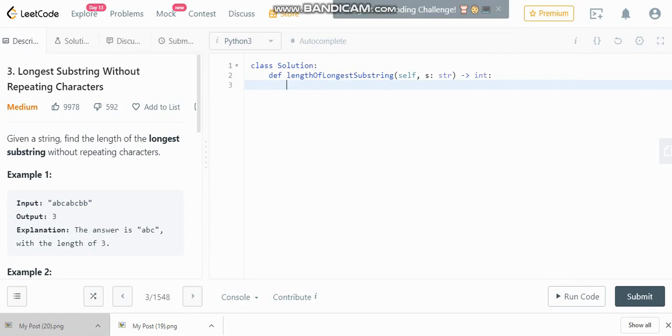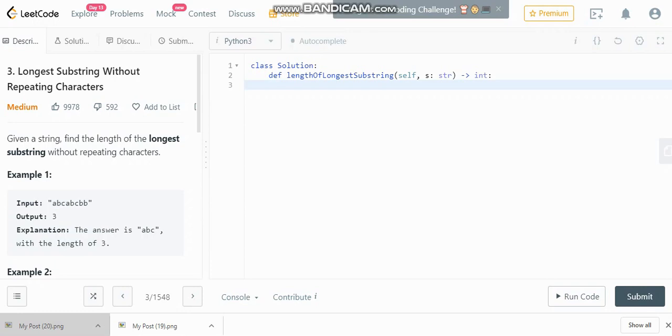Today we are going to solve a new problem, that is longest substring without repeating characters. So what does our problem state? I have an input as ABCABCBB. If you look closely at this string, we have to find a substring where there is no repetition of characters. Like in this example, we have a string ABC, then after that A is repeating, so the longest substring up till now is ABC. Similarly, it is of length 3. Similarly, BCA and CAB and again ABC, all of them are of length 3.